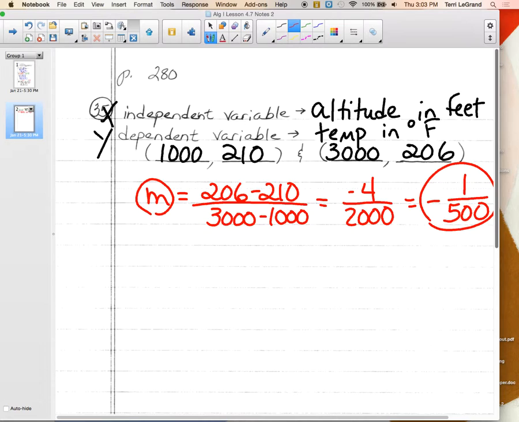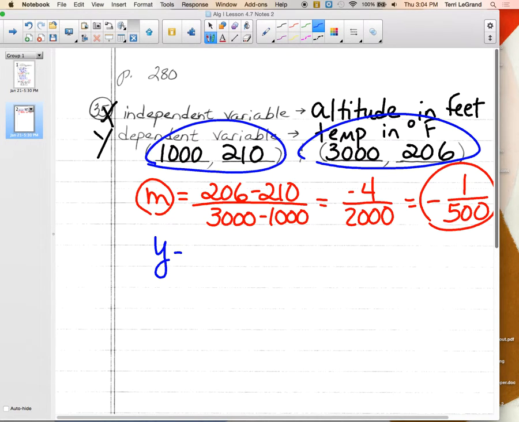The first thing they wanted us to do is write an equation in what form? Slope-intercept form. Okay, well we'll start with point-slope form; trust me, it will probably be a lot nicer. Then we'll get it to slope-intercept form. So y take away, which point do you want to use? 206? No, 210. Oh, now you want this one. Yeah. Okay, so y take away